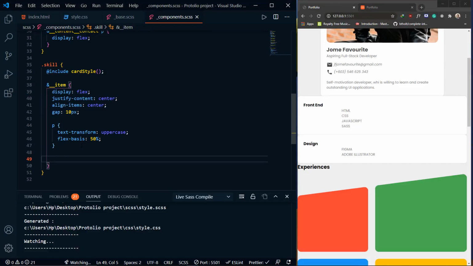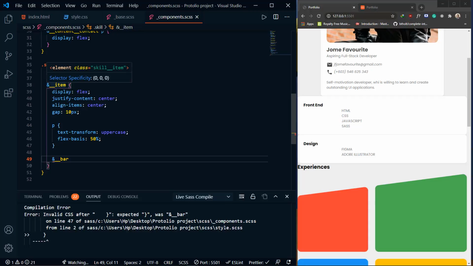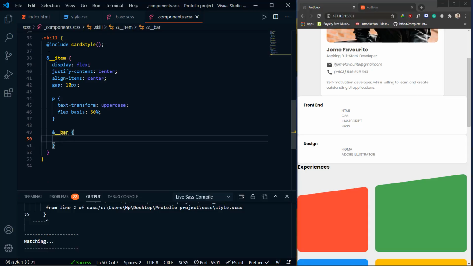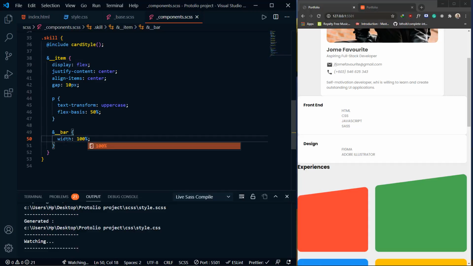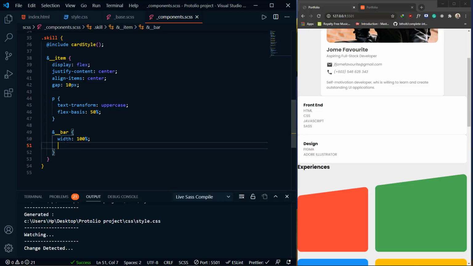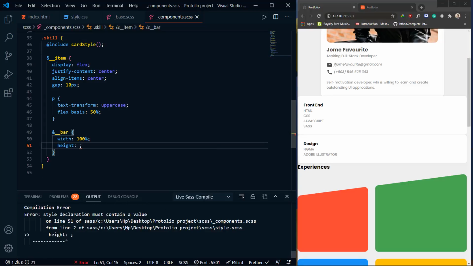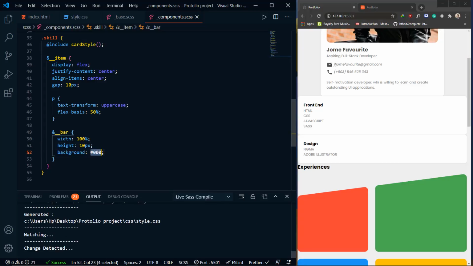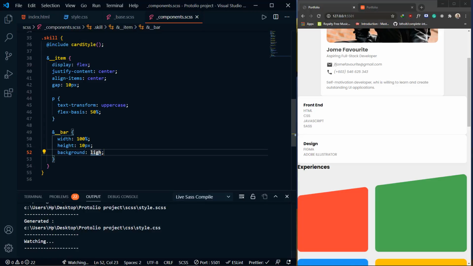Okay, so next off we have the bar. So I'm saying the skill item, then bar. Skill, then this is skill item. Since this is nested in skill item, it's skill underscore underscore item underscore bar. With this, I want the width to be 100%. Height should be 10 pixels. Then the background should be lightened